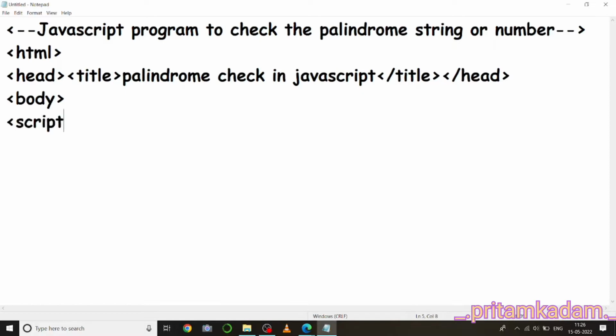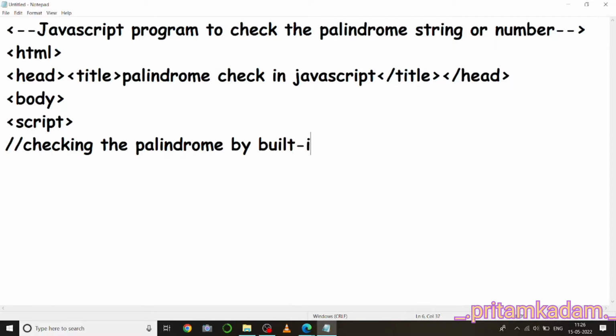So script tag, because I'm gonna write JavaScript inside this, and you can write script tag inside head or body, or you can externally write it and then insert it by using script type equals to text/JavaScript and src equals to your file name .js. So I have written this comment checking the palindrome by built-in functions,